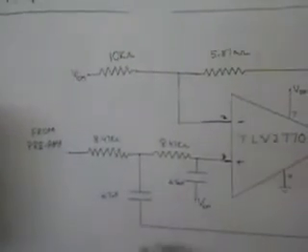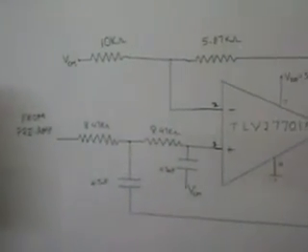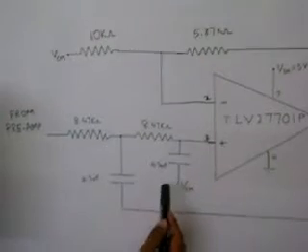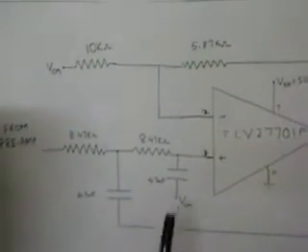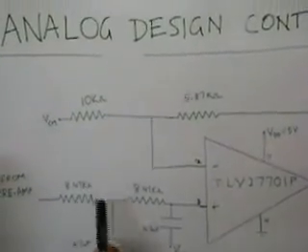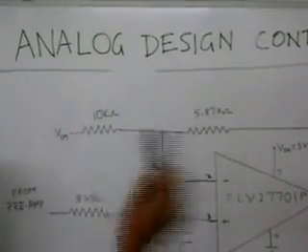The input to this filter comes from the preamplifier. This filter is a Sallen-Key low pass Butterworth filter. The cutoff frequency is 4 kHz and these two resistors and capacitors have been set accordingly. As it has a Butterworth response, we need a DC gain of 1.58. So these two resistors have been set accordingly.